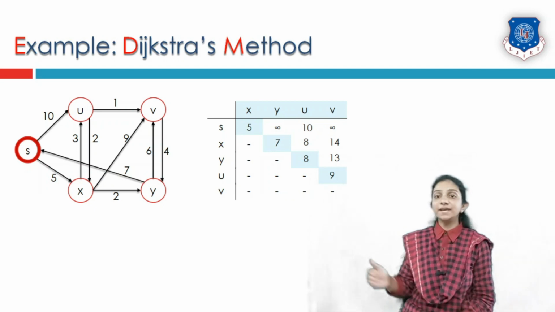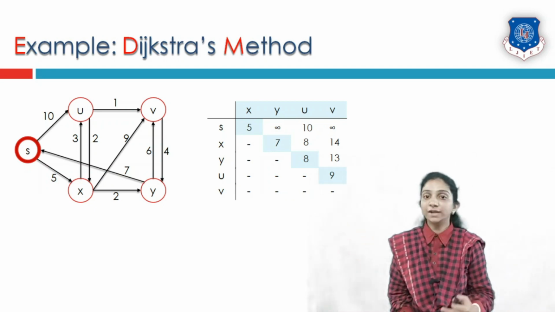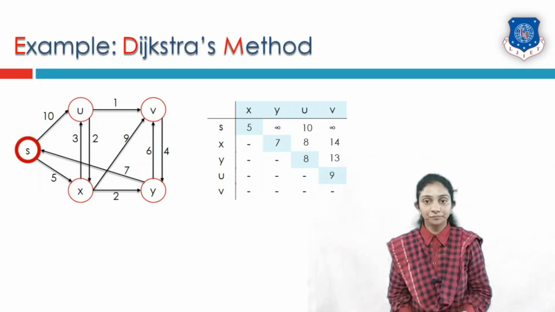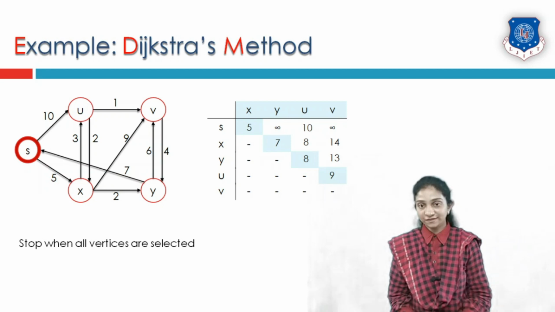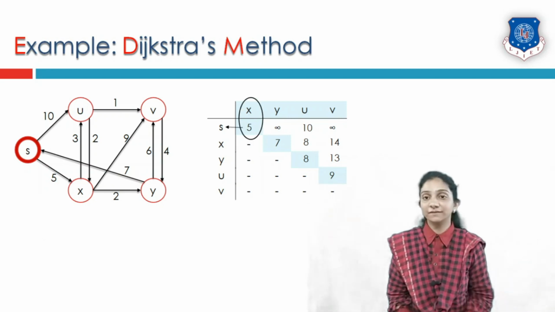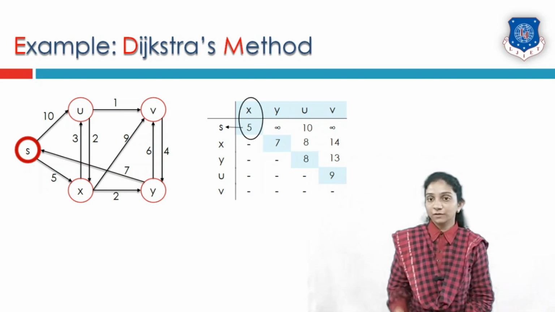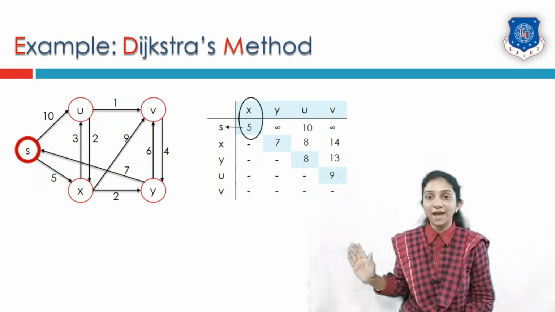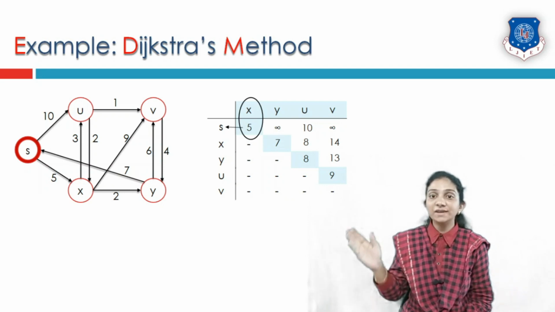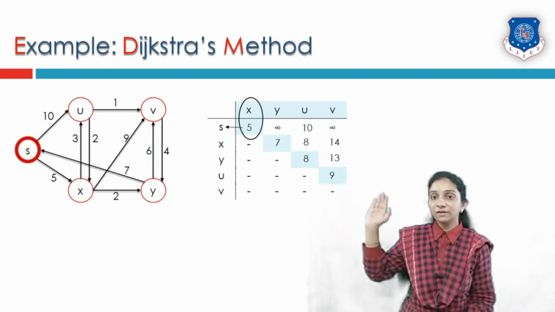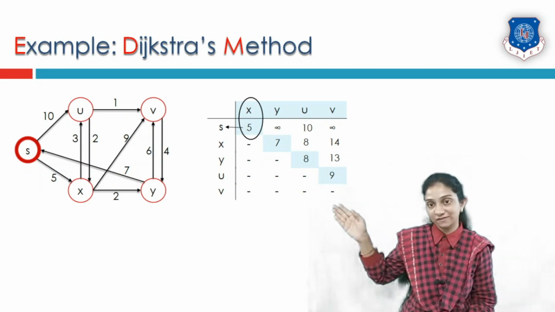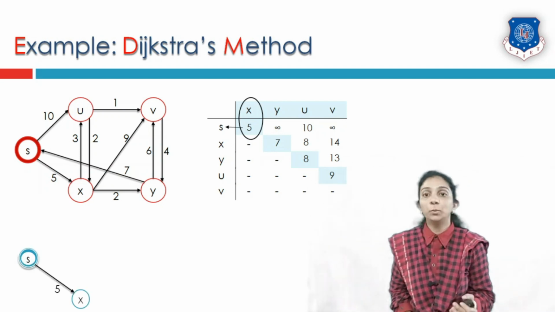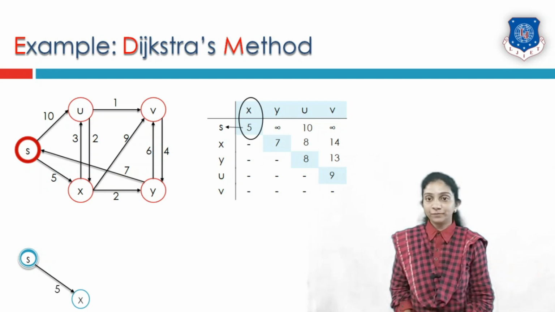Now from this table we have to generate single source shortest path graph. So let us start by selecting. So we will start with very first column. So column 1 is having x and the final value of x is 5, and that 5 is generated from which node or vertex S. So we will draw vertex x to x with weight of edge 5.